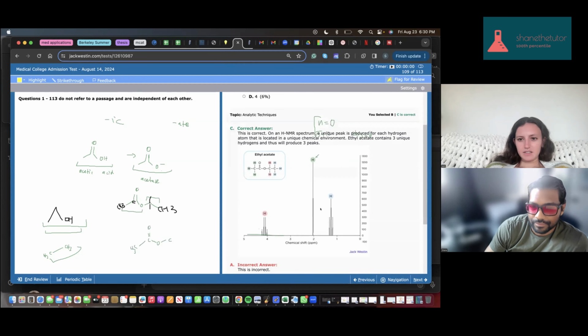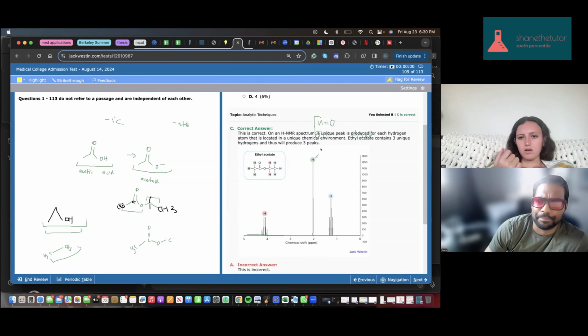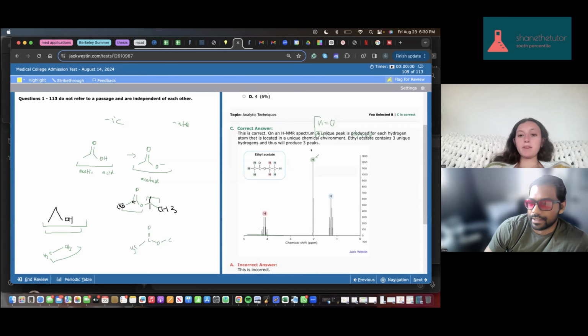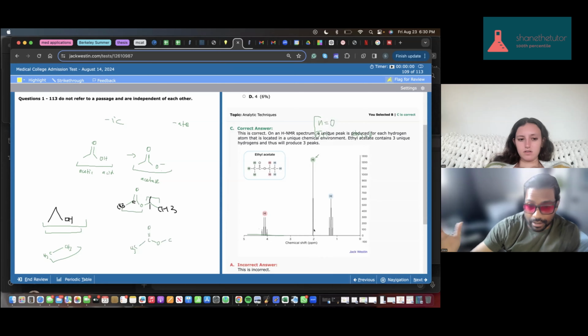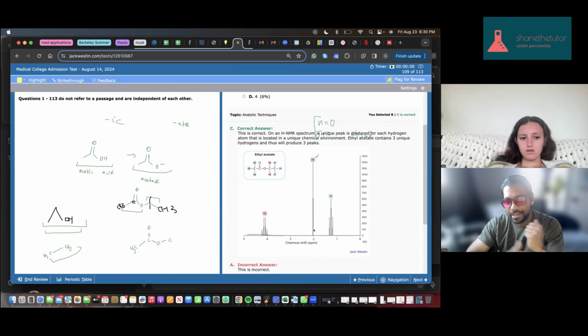So why is it the highest when it's a singlet? Because there's no energy coming from a neighbor. I guess that part isn't really that important. Why would it be the highest one rather than the lowest one if it's only one? That's my question. My guess would be that in HNMR,